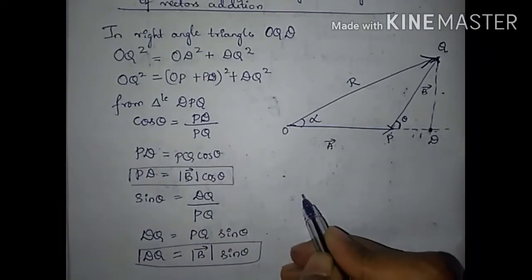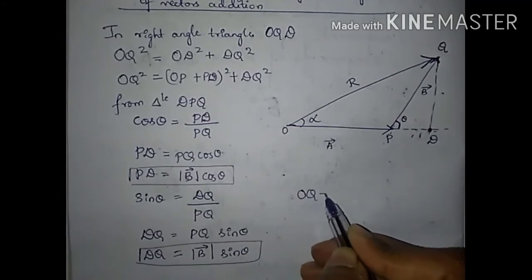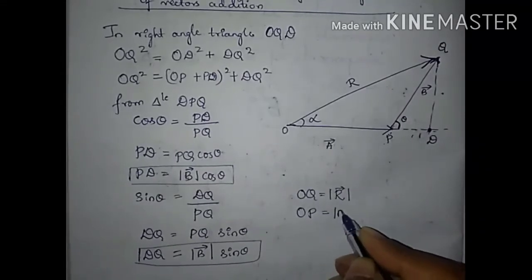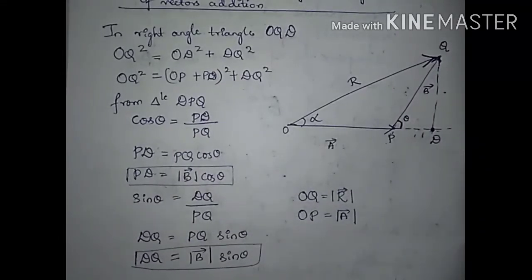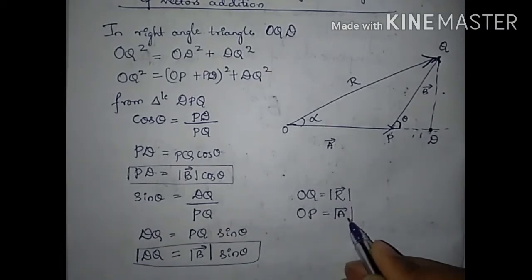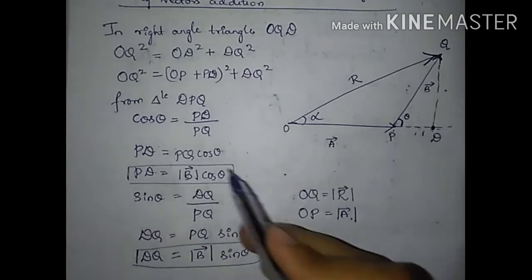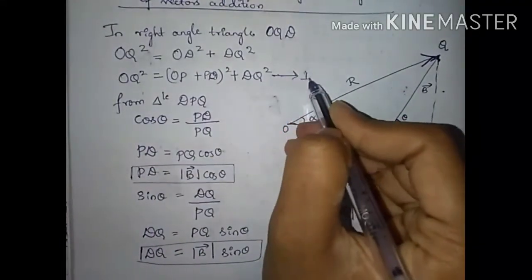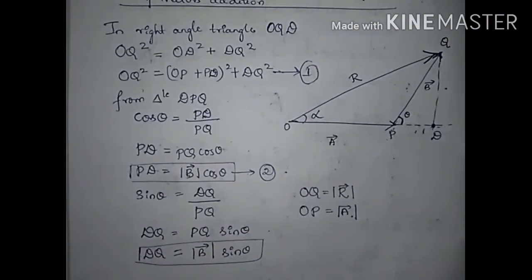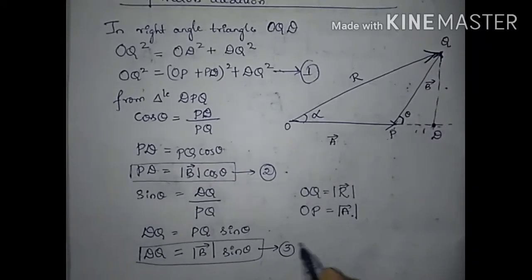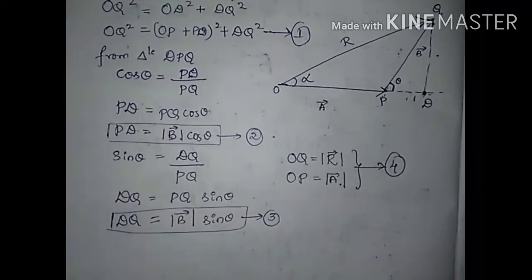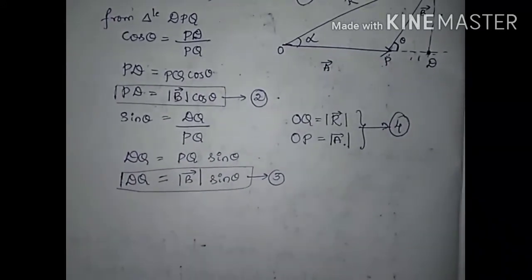Now we know that OQ is vector R and OP is vector A. So let this be equation number 1, and B cos theta as equation number 2, B sin theta as equation number 3, and this as equation number 4. So now if you substitute 2, 3, 4 in equation 1,